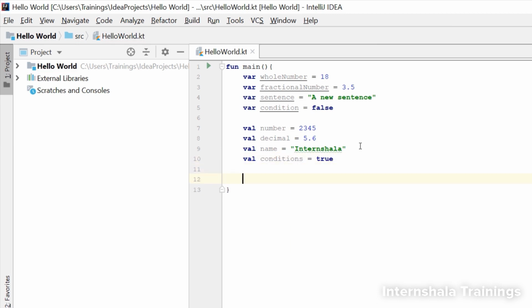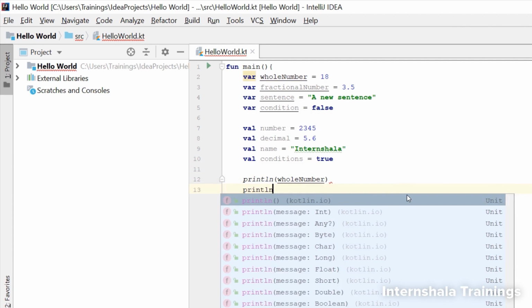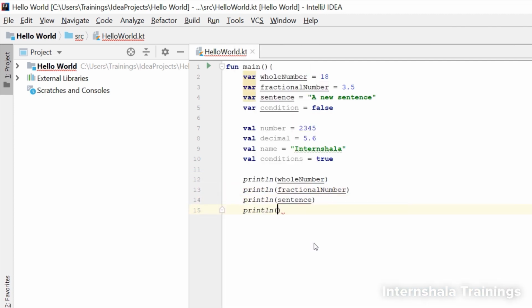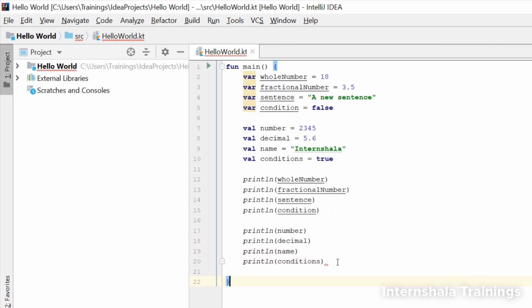Now, let's use the println function to print the values of these variables. If you notice, last time when we were writing the hello world function, we had written the words that needed to be printed in double quotes here, inside the println function. But we have not done so this time. That's because we have stored the values to be printed in the variables, and therefore we will simply mention the names of the variables here inside these brackets of the println function.